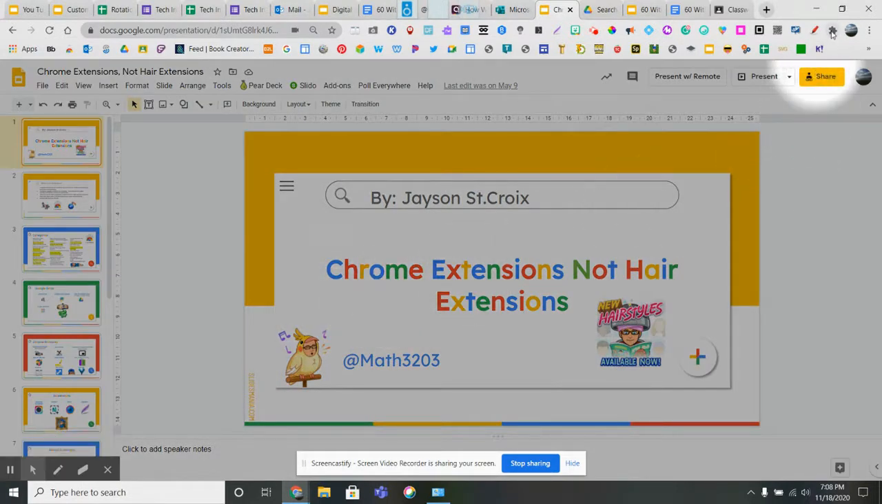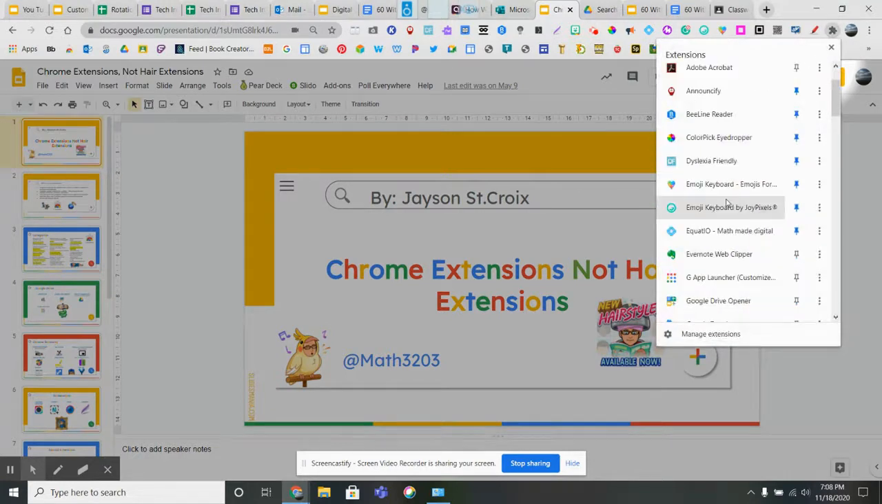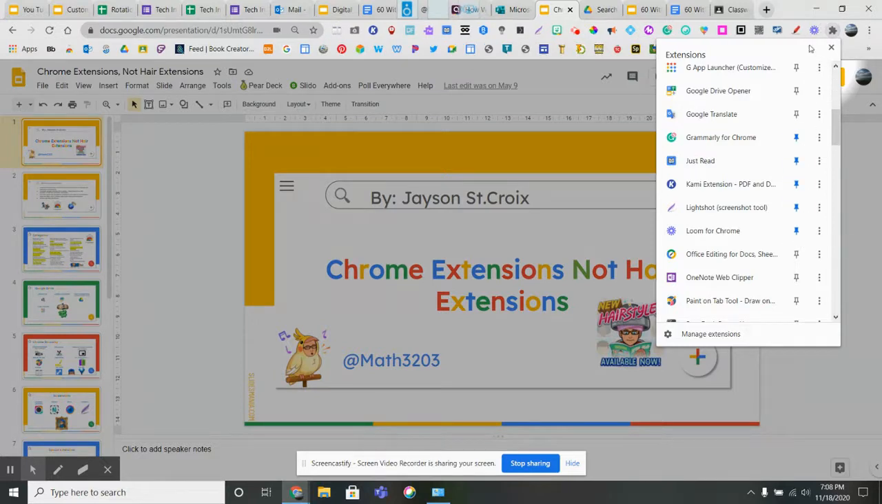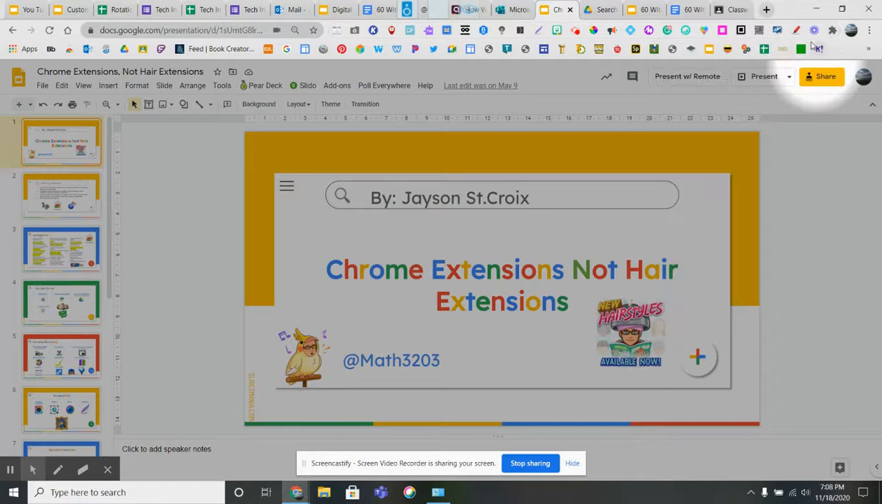So when I click on the puzzle piece, here's Loom. I'm going to click on the push pin, and it's going to appear to the left of the puzzle piece right up top. So now the icon is right up there. Okay, it says Loom for Chrome. So I can close my extensions, and I'm going to click on my Loom extension,